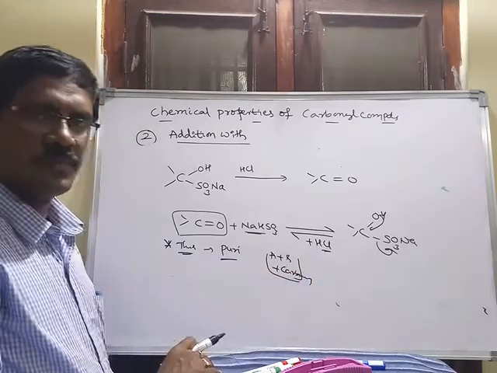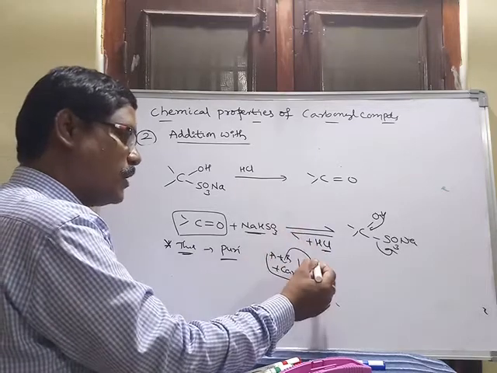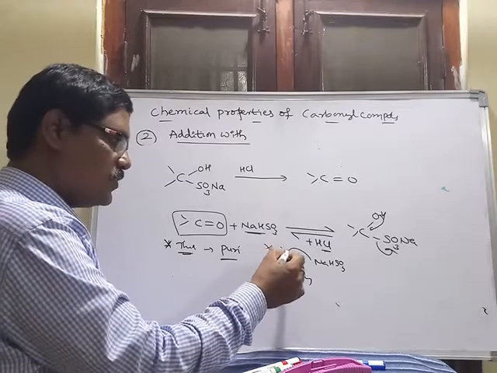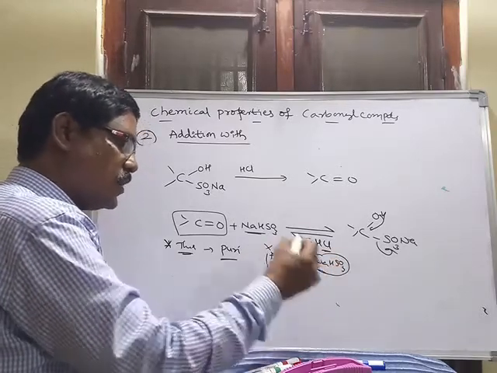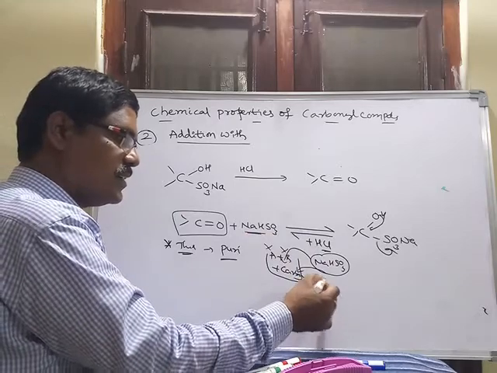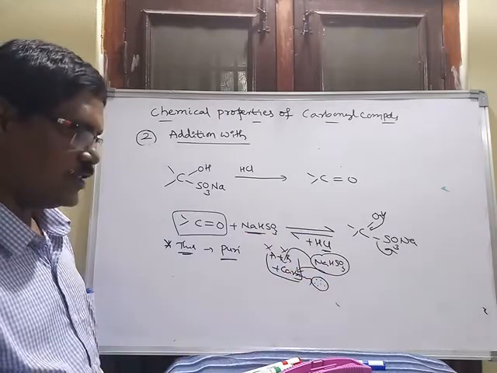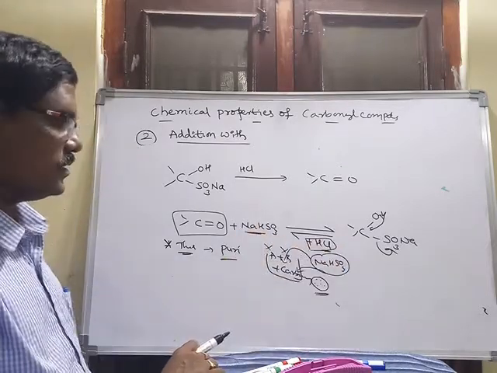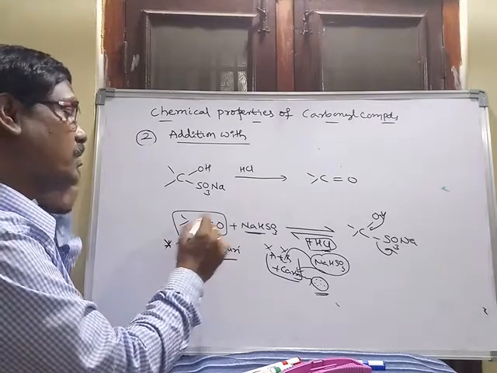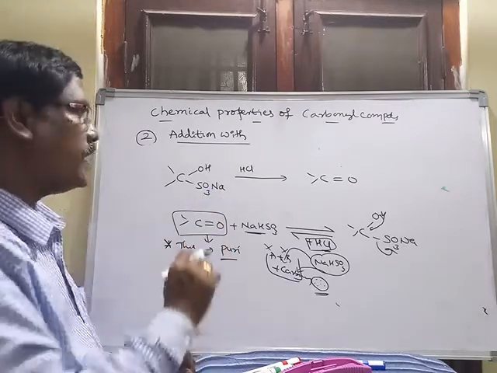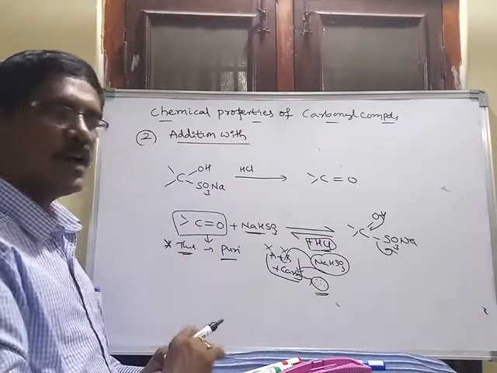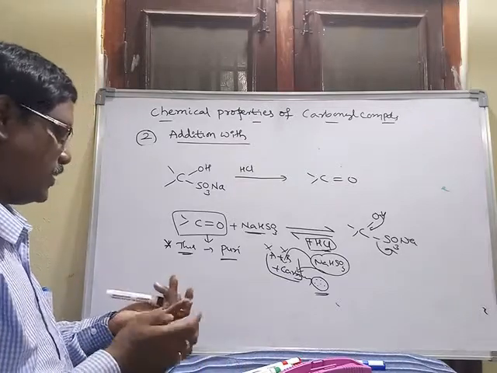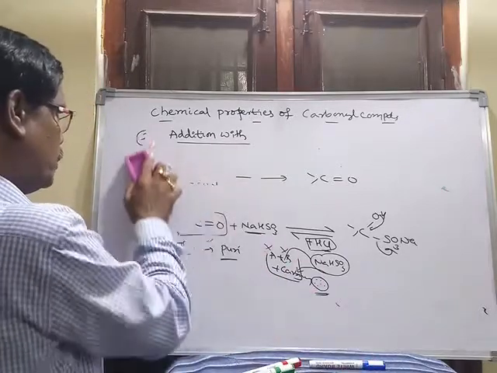If a mixture contains A compound, B compound plus carbonyl compound, and this mixture is added with sodium hydrogen sulfite, A and B will not react. Only the carbonyl compound reacts to form crystals. Those crystals are separated by filtration. These crystals are again treated with HCl solution, then immediately the pure carbonyl compound is obtained. That's why, based on this reaction, carbonyl compounds are purified and separated. So this is the information. Okay. Next, the third reaction.